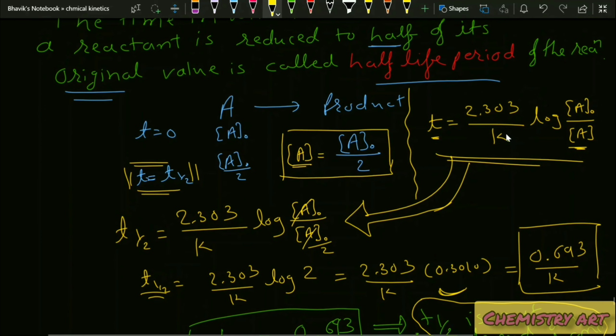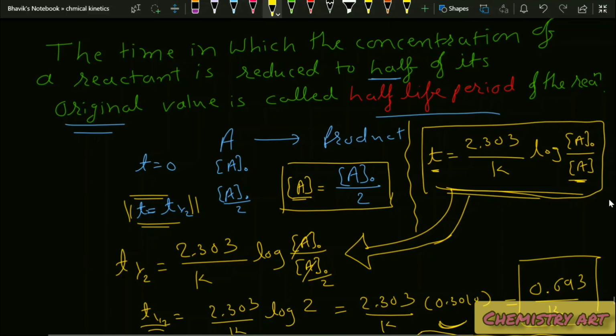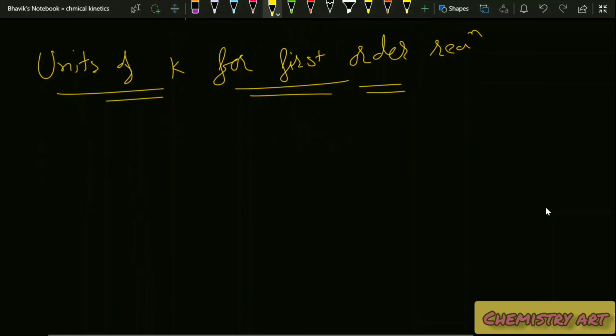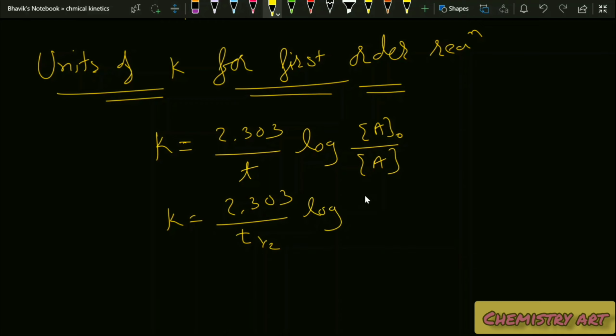For any time T, T is equal to 2.303 divided by K log A naught by A. So K is equal to 2.303 divided by T log A naught by A, and for half-life we can write 2.303 divided by T1/2 log A naught by A naught by 2. So finally we got 0.693 divided by